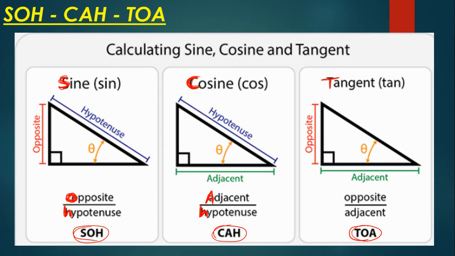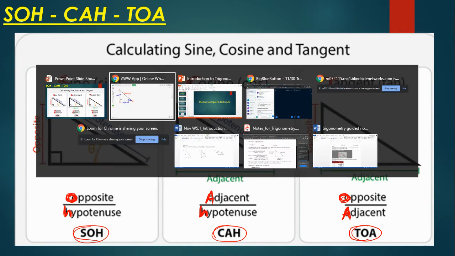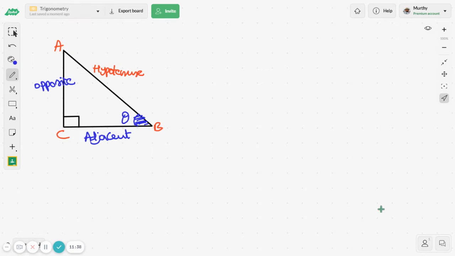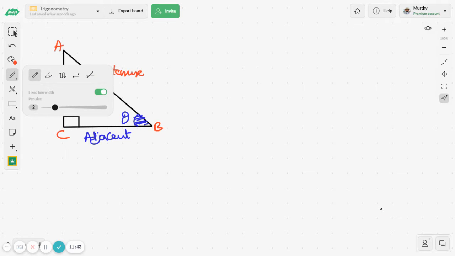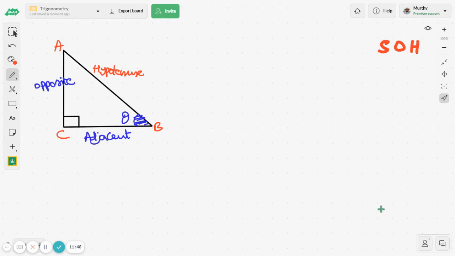Likewise, the last one is tangent. The first letter is T, the first letter of the numerator is O, and the first letter of the denominator, adjacent, is A. Therefore, we take the first letters and we memorize it this way, SOHCAHTOA. First let me memorize this one, SOHCAHTOA. While solving the problems, first you have to memorize. Please remember,